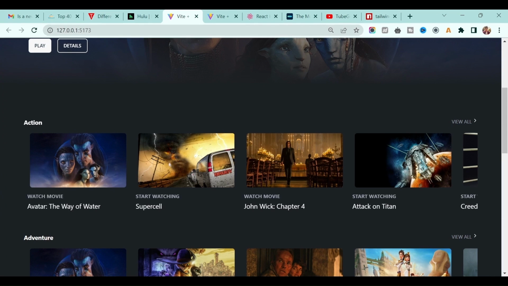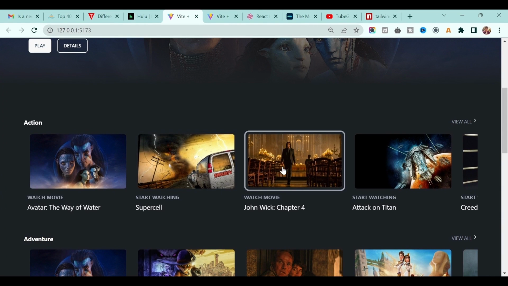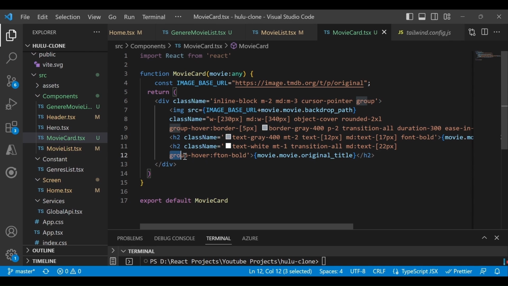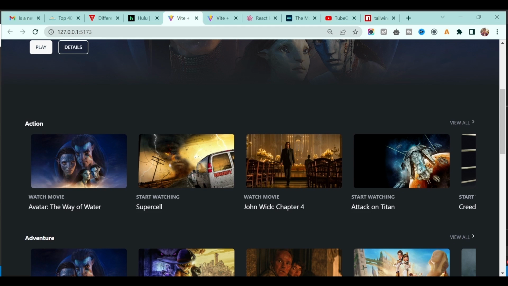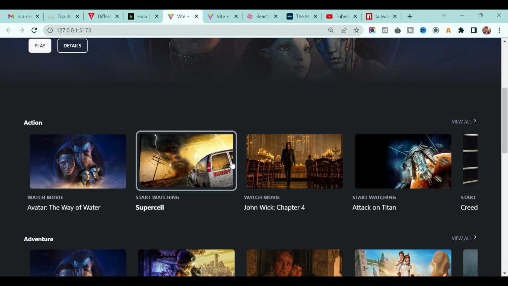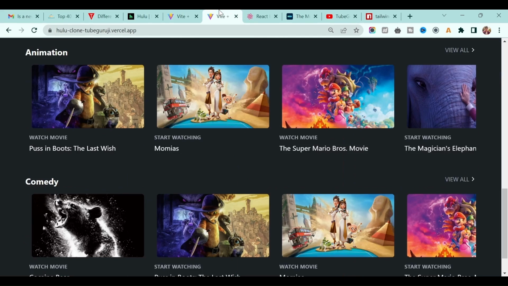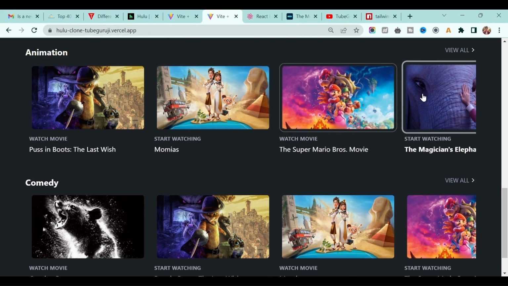And if you go back here now, if I hover on it, if it's not changing, let's remove this one. Oh sorry, not here, this font bold. And if I hover on it, you see the font also getting changed. So similar to this one.